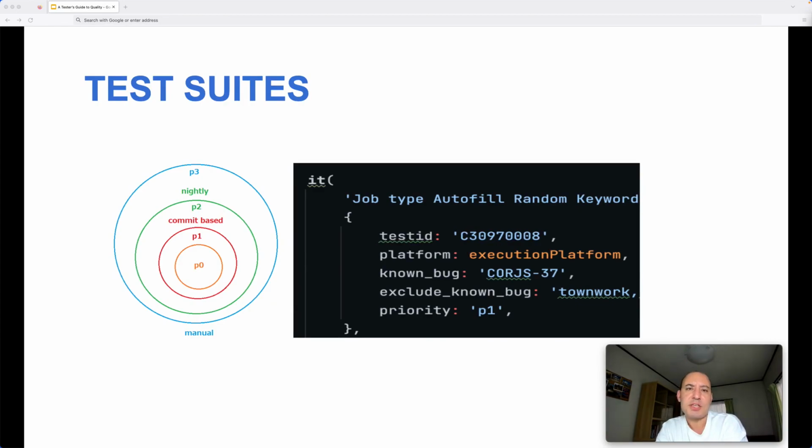And one more thing that we can do is, of course, to decide about the test suites, because as we discussed before, we don't have too much time to execute all the test cases in each of our activities. For example, if we are running the regression testing, then we have to pick the relevant test cases, because running all the test cases that we have is not a feasible or efficient way, because we don't have that wide testing windows. We have a very limited time, and we have to select the relevant test cases to be efficient enough